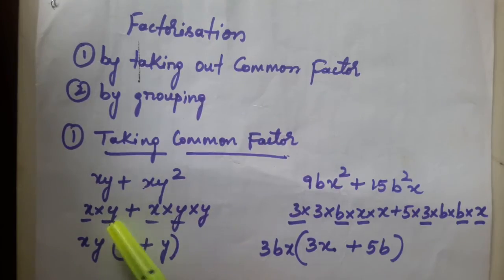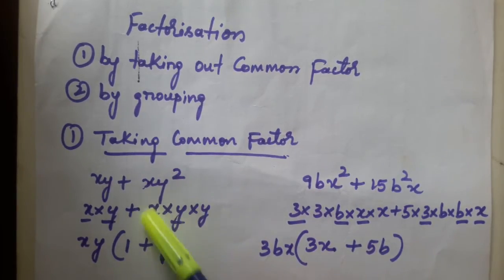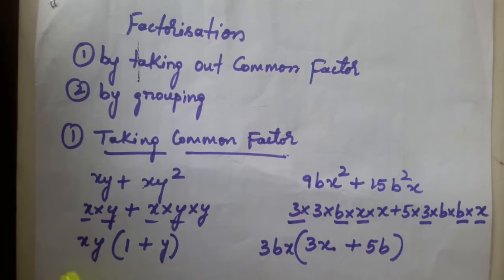So the common factor in both the terms is x into y. So take that out. So we will get here x into y we have taken out, so nothing is left there. So we have to take it as 1 xy. We have to take it as 1 plus, here we have taken xy and only y has been left. So y we have to take. So the factors here are xy and 1 plus y we are getting. This is in the irreducible form, right?